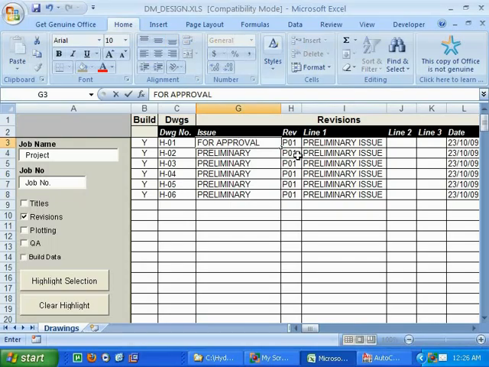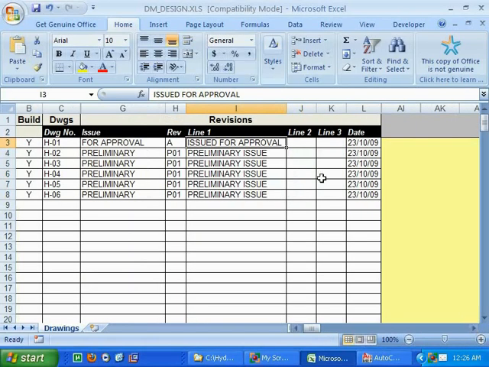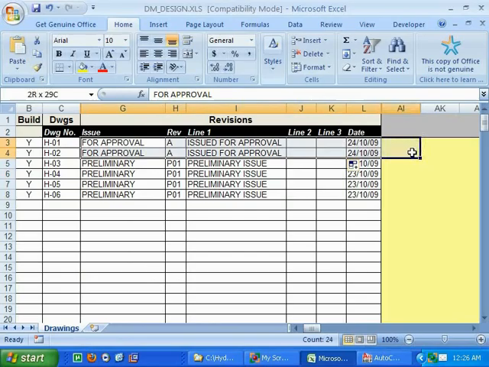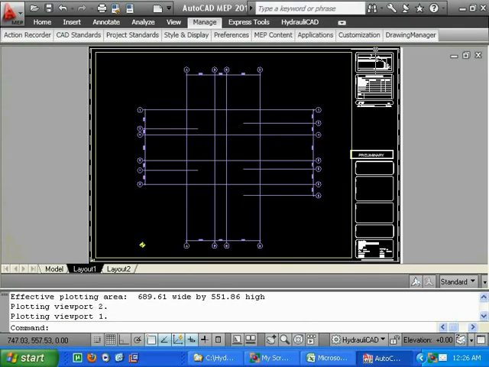So we can, and we want to make a revision A now, and we're going to say issued for approval in line 1, and we can go with the next date. So we'll change that one to 24 and copy and paste that. We can drag these and then we can drag them all so we don't increment the date. So now we can save that, come back into AutoCAD, run the build,